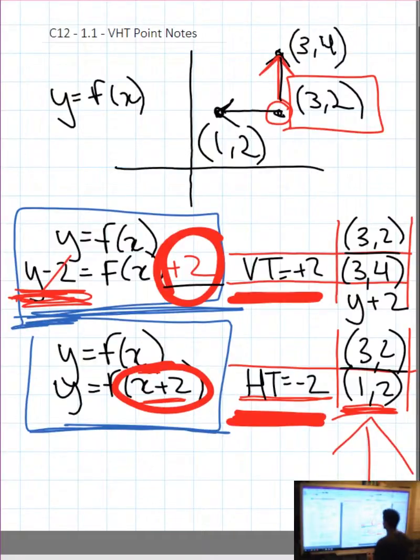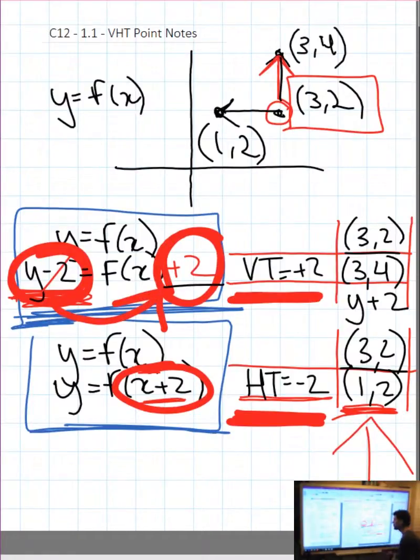Now, remember, if the minus 2 is on the left-hand side, do the opposite of what you see on the left-hand side to the y value attached to the variable. And if you want to do algebra to get it onto the right-hand side, if that is where you like it and that is where you understand it better, absolutely, but don't forget about where it came from, because